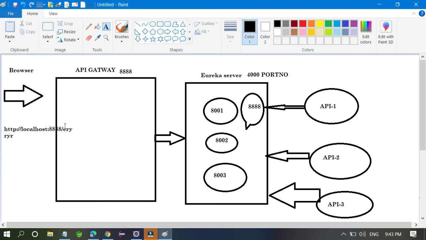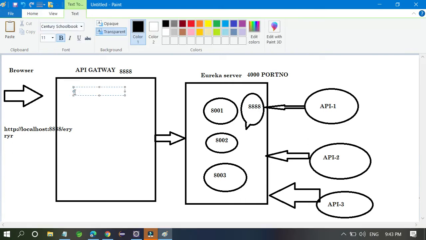So first of all, a browser request has to come only to the API gateway, it is not going to any other API. The API gateway has so many features. You can write user authentication, token authentication, token verifications.